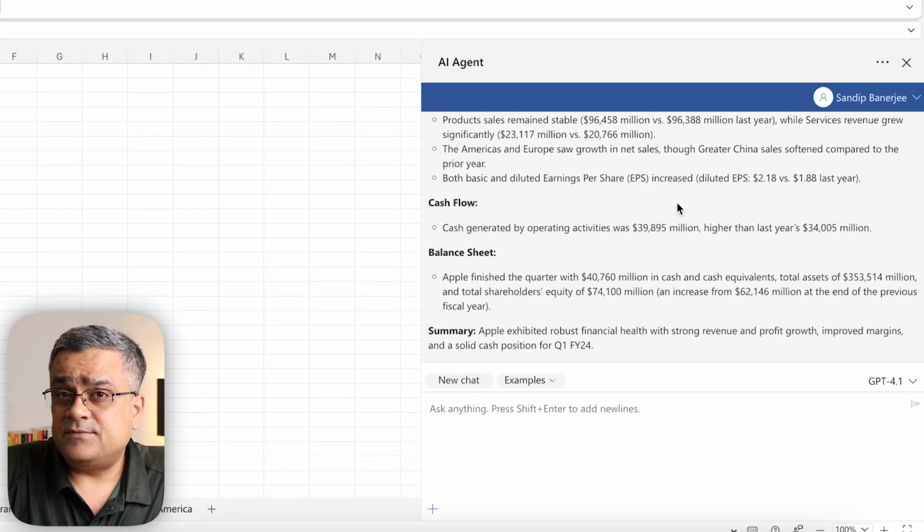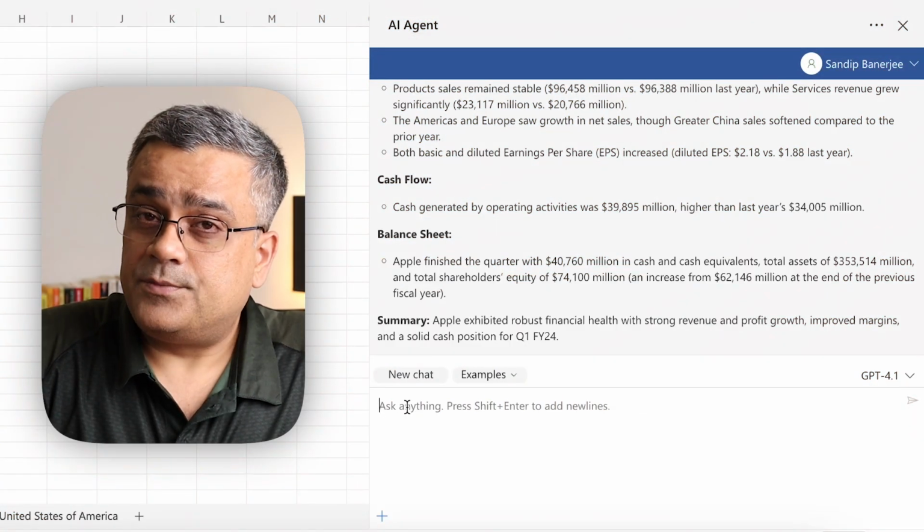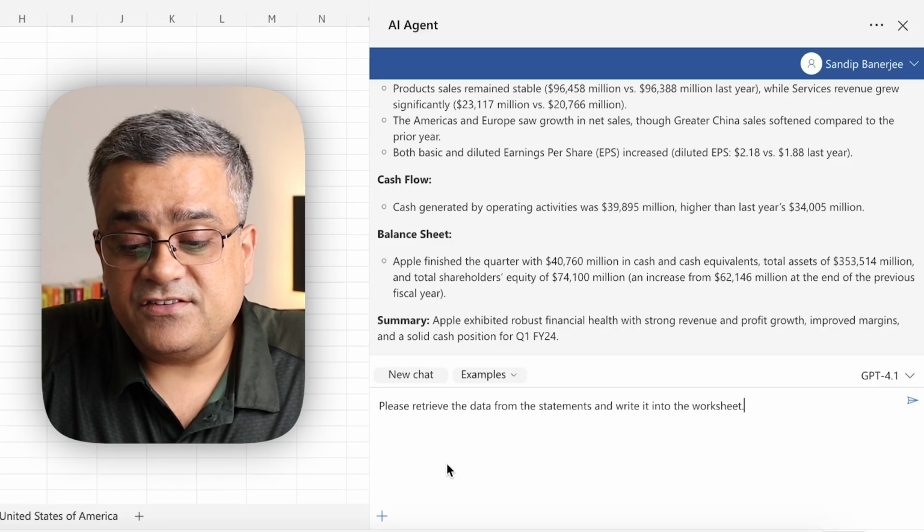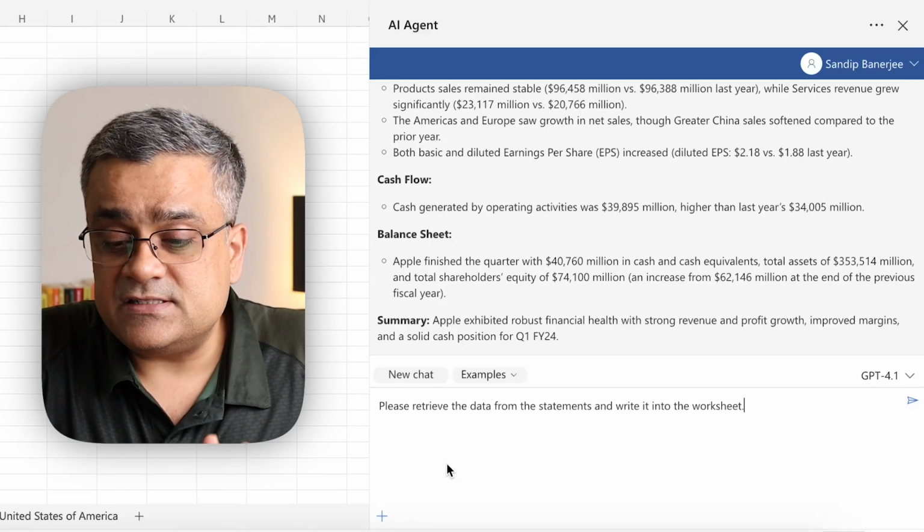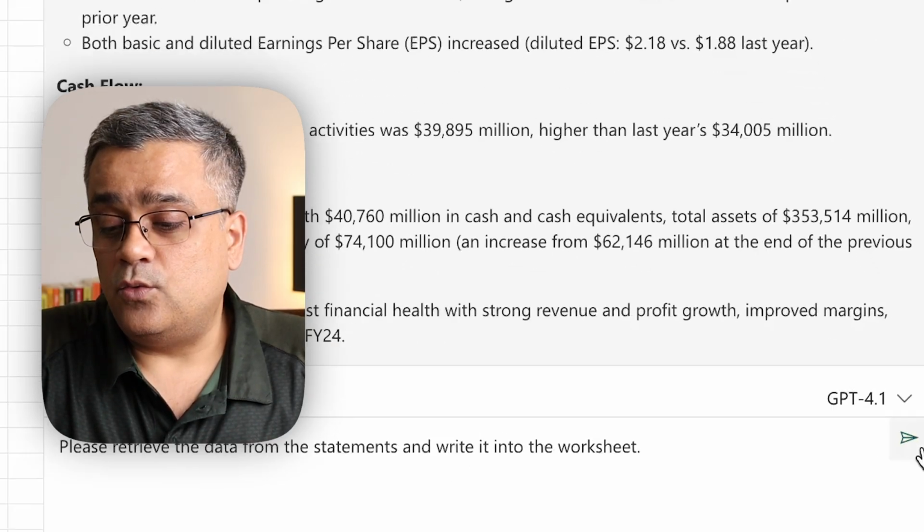Now, if I ask it a bit more and then see how it responds. So I copied another prompt. Let me paste it here. Please retrieve the data from the statements and write it onto the worksheet. So what I'm asking is, after I gave this particular financial statement in PDF format, and what are the tables